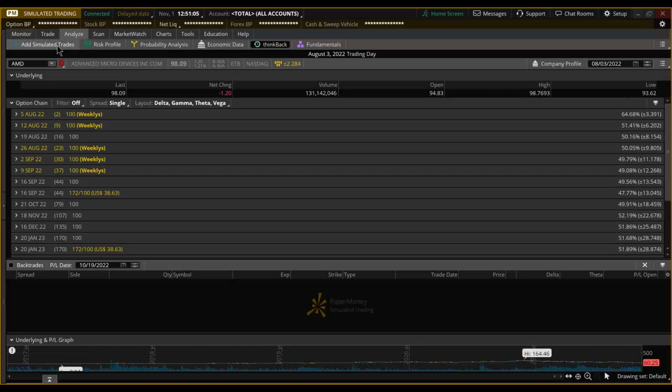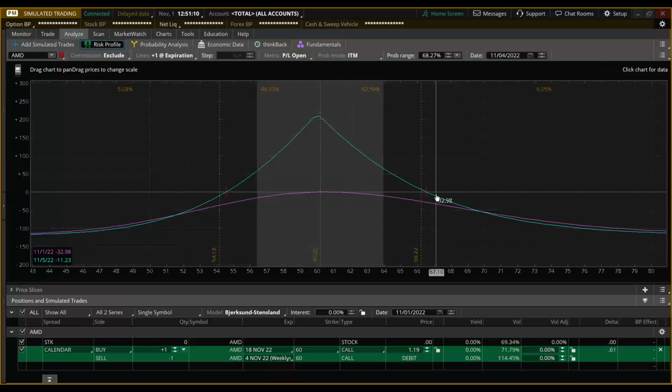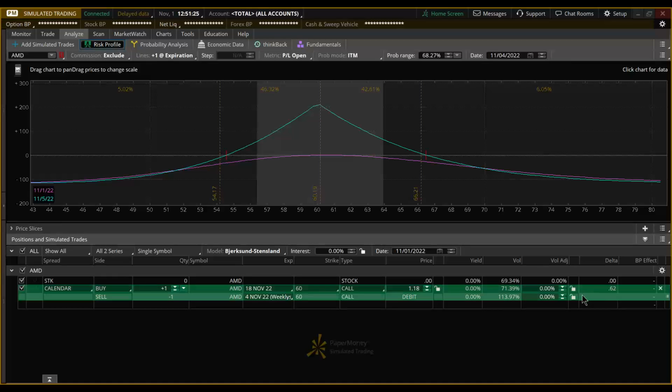So now what we can do is go back to our live trade and look at our risk profile, which looks pretty good. It looks like we're wider than one standard deviation with a profit tent, right? But if I model in the implied volatility crush, it will change the picture. And this is where we ran out of time last webinar. So this is where you can model in with Thinkorswim. We can go here to this gear.